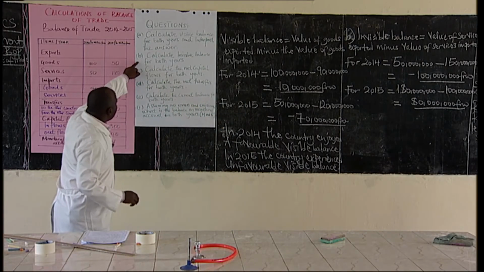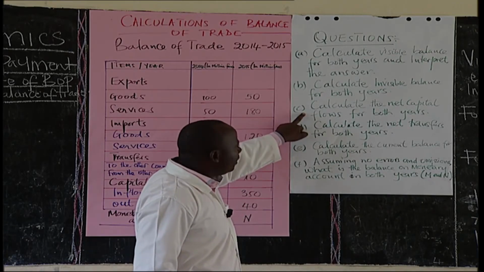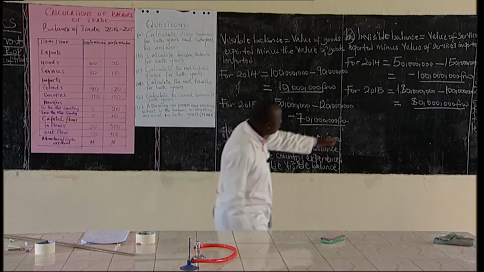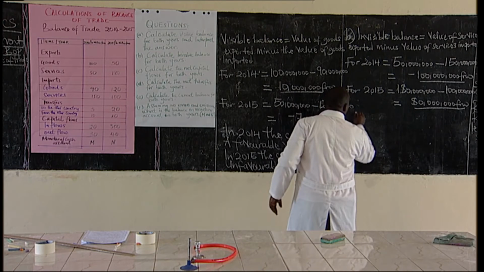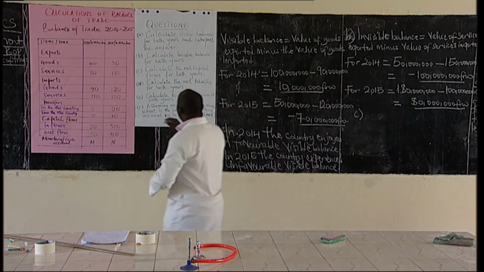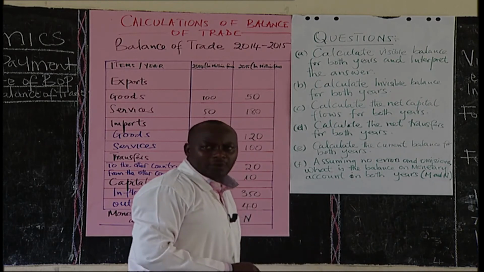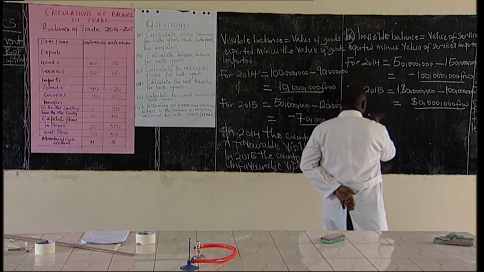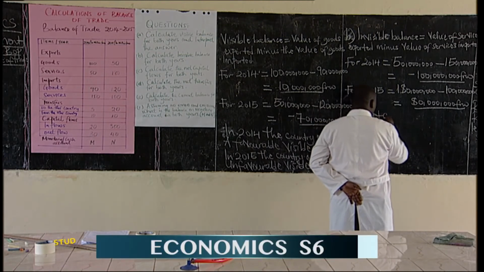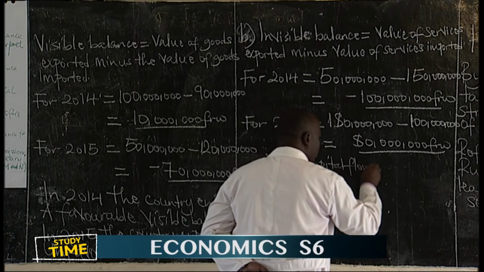Now, let's continue with part C, learners. Now, you can calculate the invisible balance. On part C, the question is calculate the net capital flows for both years. How do we get the net capital flows for both years? Net capital flow. Remember well, learners,